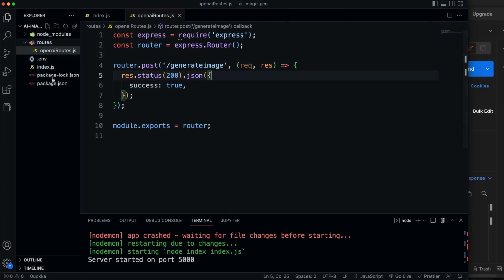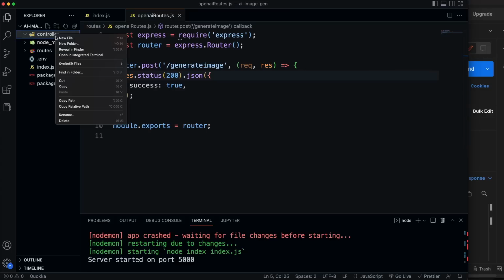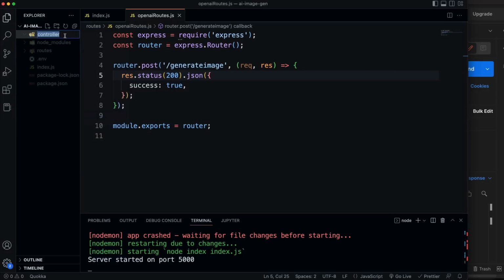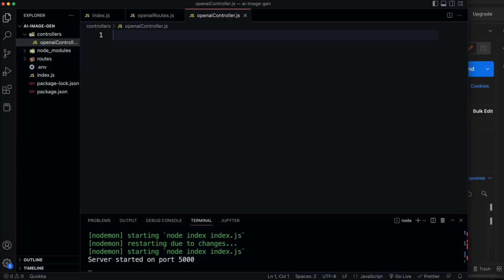So now, like I said, I want to have a controller function. So let's create a new folder called controllers. Or, no, yeah, I don't want controller. Let's call it controllers. Okay, and then inside that, we'll create a new file, and let's call that openaiController.js. All right, so in here, this is where we're going to use the OpenAI library